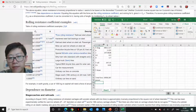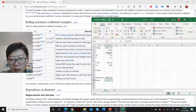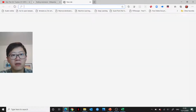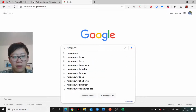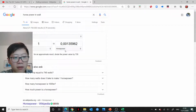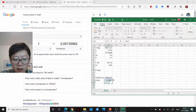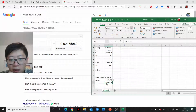Power is force times the velocity. That is in watts. We need to get that in horsepower. So that's watts, and then let's just Google horsepower. From what I remember it's like 750-ish. Horsepower in watts. Oh, in kilowatt. Okay. 1 watt. I need the opposite. Okay, 1 horsepower equals 746. All right, so equals that divided by 746. So it's saying the power needed is about 1,377